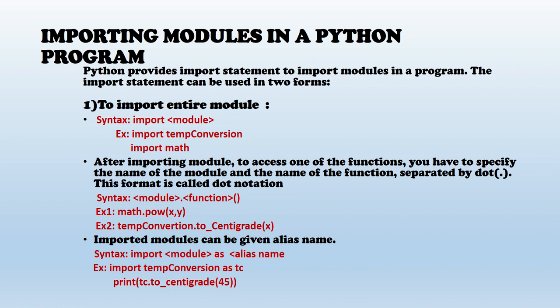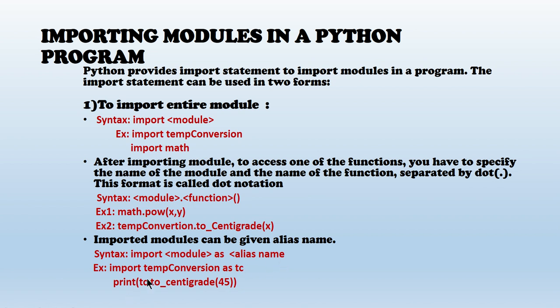What is new that we are learning here is that you can give a new name to the module that you have created while importing. Here, temp conversion is very big, and typing temp conversion every time feels tedious. In that case, you can give a short name, a comfortable name of your choice. This is the syntax for that: import module name, and then as, which is a keyword, and then you specify the alias name.